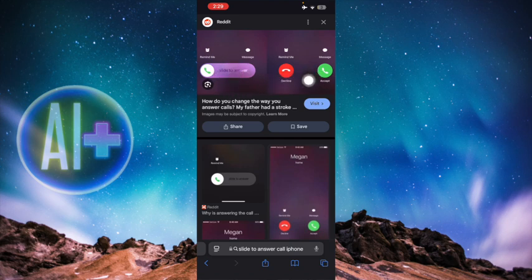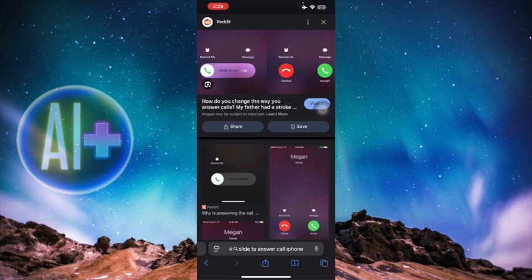But if your phone is unlocked, then you're going to get this option right here, because obviously when your phone is unlocked, that means you're using it. And when you're using it, you can make a decision more swiftly. So these are the two ways, but you can't just interchange them or try to mingle with them. But on the other hand, if you want to have an option that is more under your control,